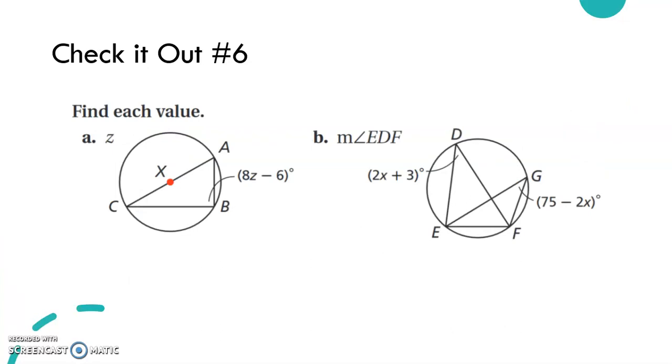In check it out number 6, they want you to find the value for each of these. So in part A, they want you to find the value of z, which is in this expression right here. So see if you can figure out how to create an equation and solve for z. In part B, they want you to find the measure of angle EDF, which is this angle right here. Okay, EDF, that one. So see if you can do that, put your answers on your response page, and don't